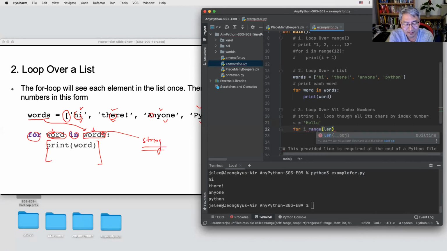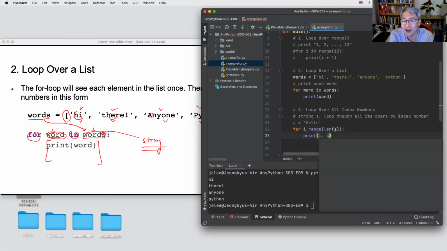len(s). So what's the meaning of len? Can anyone guess? We learned this. What is the len function? Length. Very nice. Even though you never used it, you can guess. As I said, short names and abbreviations are used a lot. The developers of Python are not very smart, just intuitive, so you can guess. Length of s. What is the length? 1, 2, 3, 4, 5. Okay, 5 letters. So we can use that to print, like i, comma, and s[i].